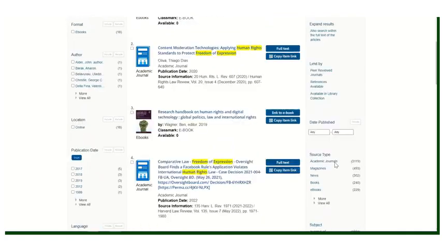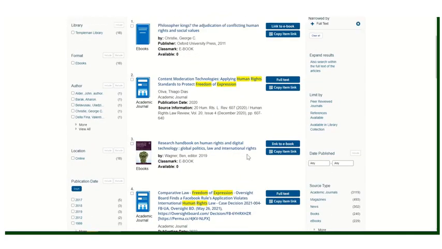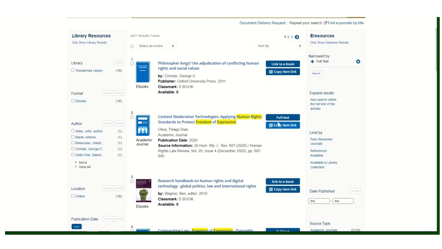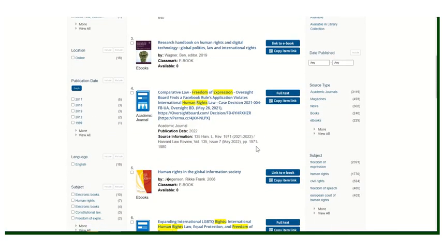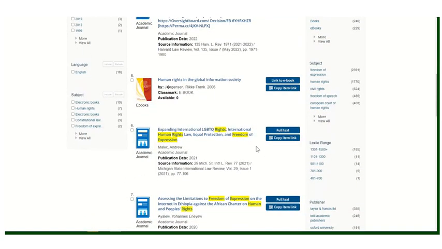Now, in terms of accessing any of these that you're interested in accessing, then you can have a look next to each one and you'll see they'll have a little full text link available. So if you wanted to have a look and see what we have access to, it's just a case of clicking on that particular title. So if we select this one here, Expanding International LGBTQ Rights, if I click on the full text link,